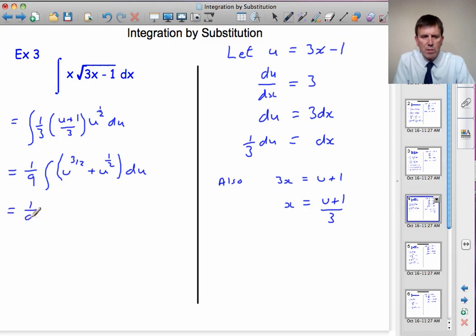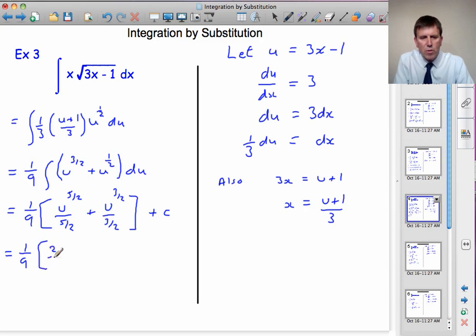So that gives us 1/9. If we integrate u to the 3 over 2, we raise the power by 1, we get u to the power 5 over 2, divided by the new power, 5 over 2, plus, integrate u to the half, we get 1 more than a half, u to the 3 over 2, divide by the new power, 3 over 2, plus a constant of integration. Now to divide by a fraction, we turn upside down and multiply, so this gives 1/9, and this becomes 2 over 5 u to the power 5 over 2 plus 2/3 u to the power 3 over 2